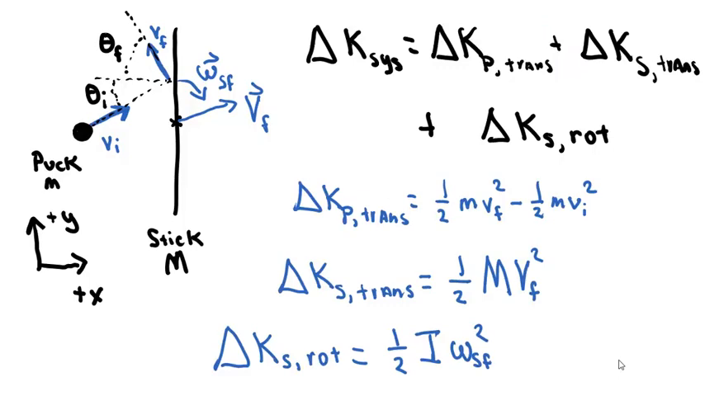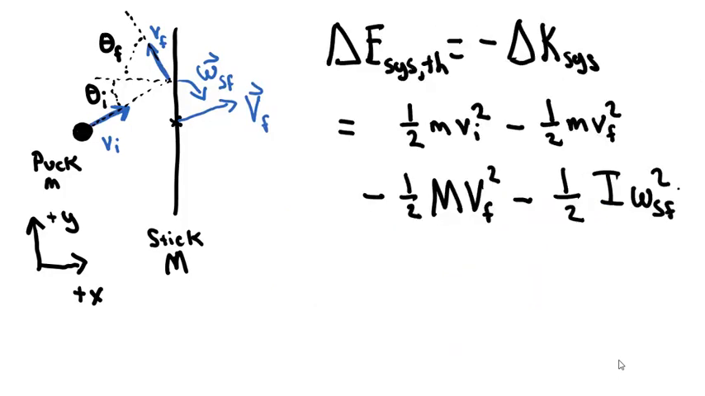There are three distinct kinetic energy changes: the change in the puck's translational kinetic energy, the change in the stick's translational kinetic energy, and the change in the stick's rotational kinetic energy. In all these cases, we're comparing the initial state of the system before the collision to the final state of the system after the collision. We have written out all these kinetic energy changes here. So now we can collect these results and solve for our final unknown, the change in the system thermal energy,